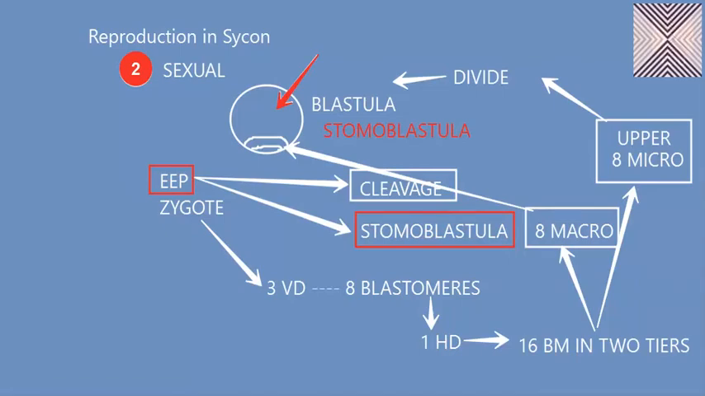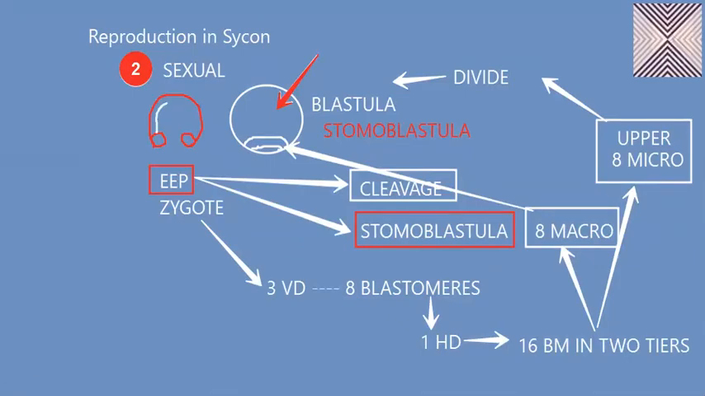So they form flagella, but the flagella are on the inner side, so they are not visible on the outside of the blastula or the stomoblastula. If I make a TS of this stomoblastula, it will be just like this. So this is TS or VS, you can say. This is one macromere, this is another macromere. So we have 8 macromeres in the circle, and here we have